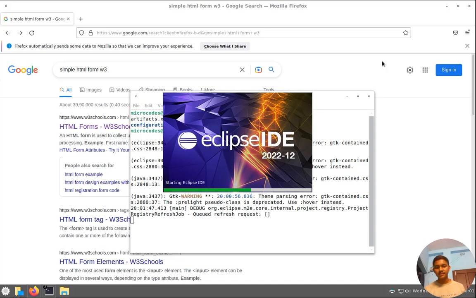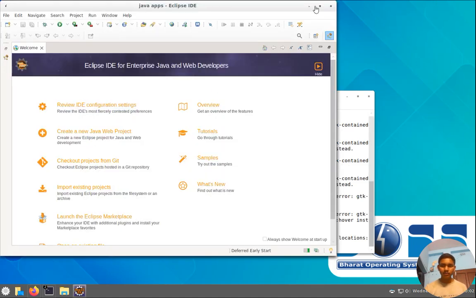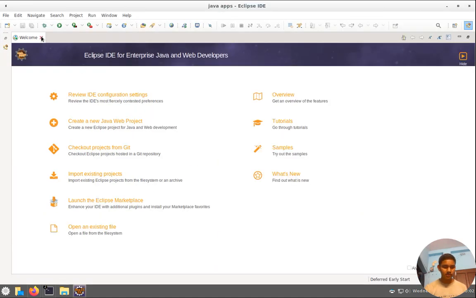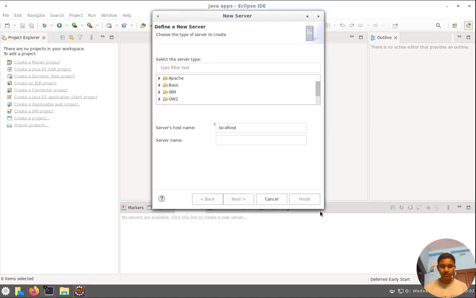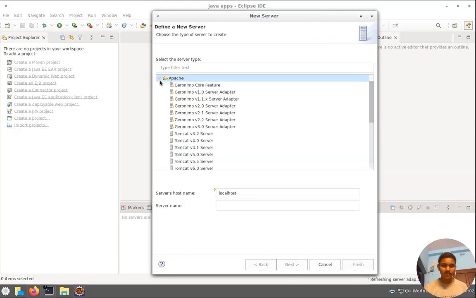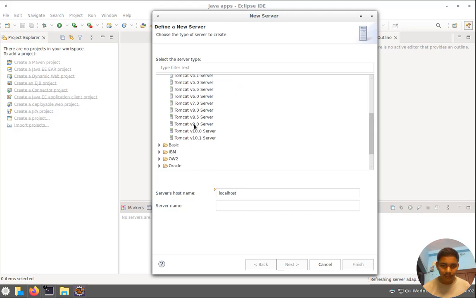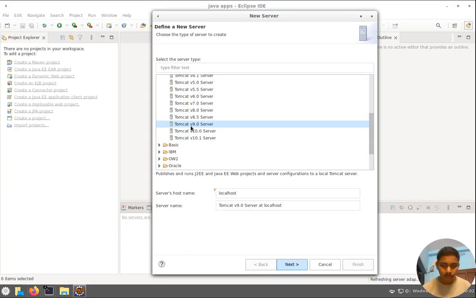So as you can see, it just started, and within a few seconds it will open. Okay, so wait a few seconds. After the Eclipse IDE opens, just close the welcome tab. Now click on the server option and click on the link option. Now from here you can maximize the window. Now from here click on Apache, and from here you will find Tomcat 9 server. So select it and click on next,